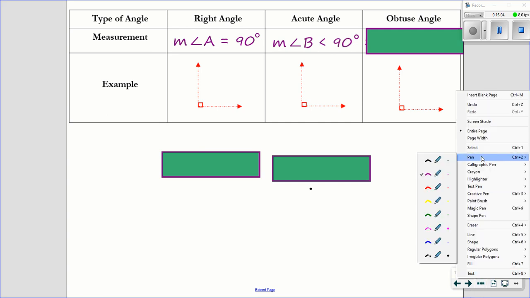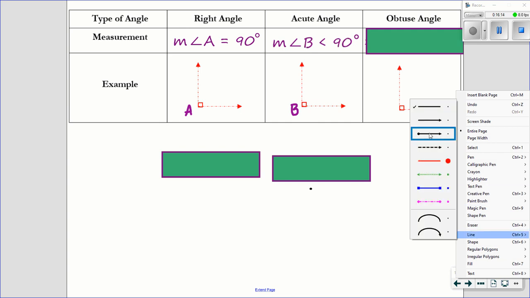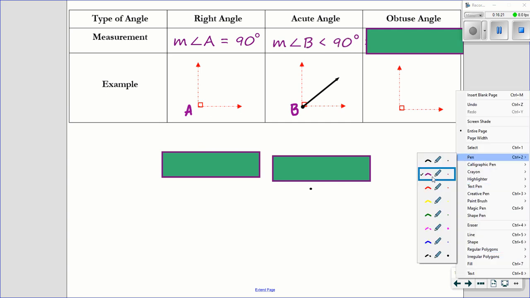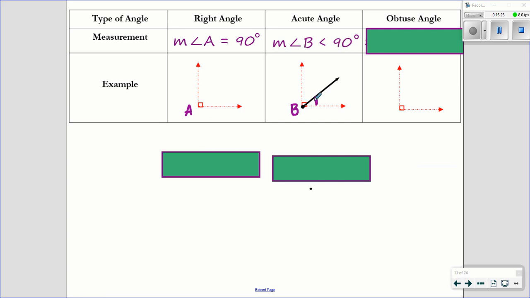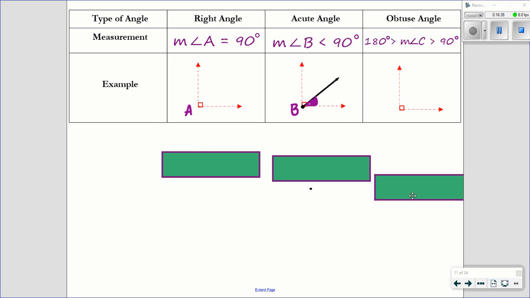So this was angle A. This is going to be angle B. So that's angle B. That's an acute angle. It's less than 90. And then my obtuse angle is going to be greater than 90, but